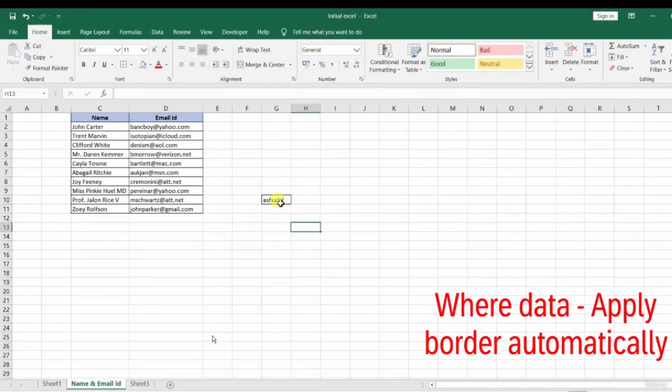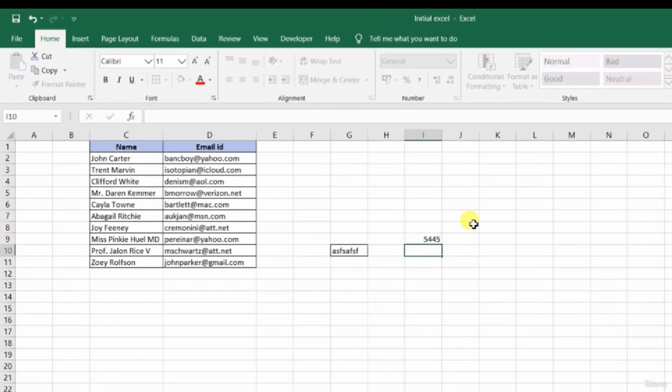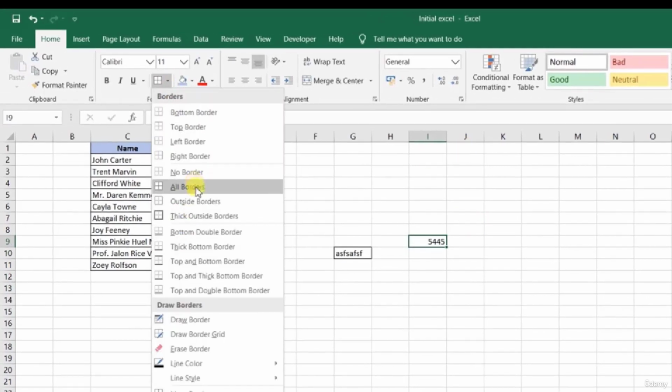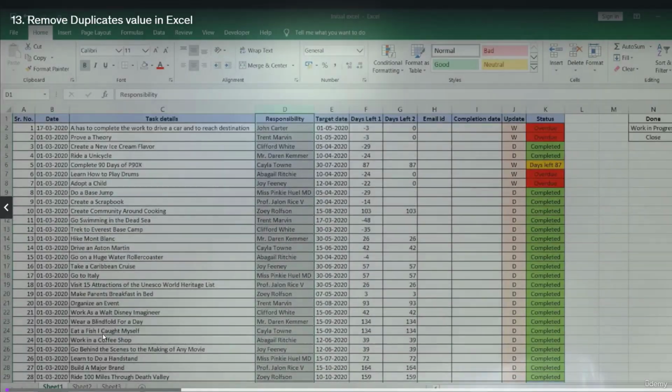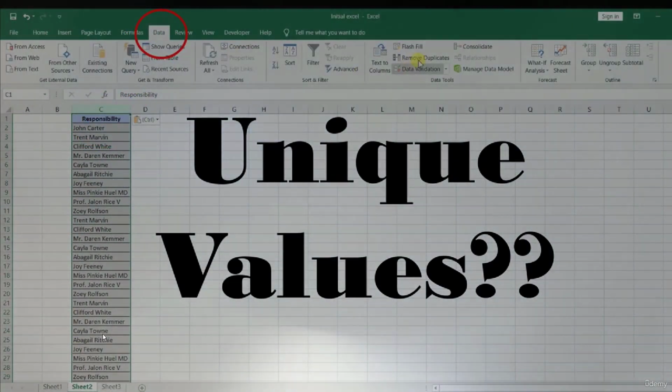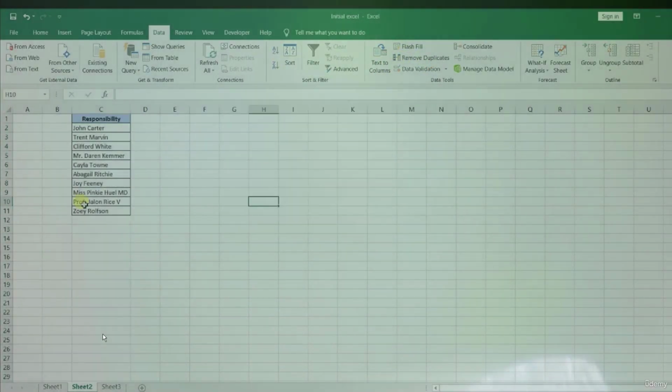will automatically apply the border wherever the content is written. The border will automatically be reflected, and you will also use the remove duplicates tool, which is widely used in different kinds of problems. So this was the third section, and then after that you will be guided to the data filtration, in which you will